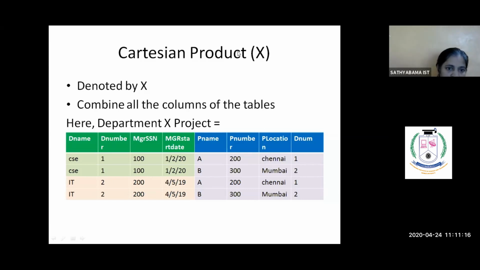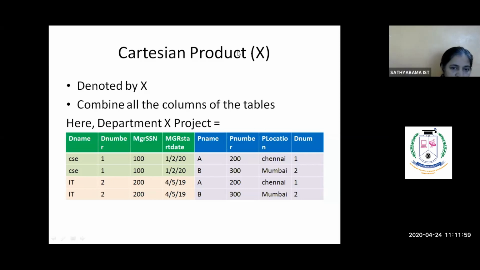One row will be selected. Say for example, CSE 100 start date. That will be selected, and all the combinations of project table will be repeated. So you have more duplications. Various duplications you will have. Same CSE 100, the same details have been combined with the other row. Say for example, we have 2 rows in department and 2 rows in project. See how many rows we have got now? 4 rows. Combinations, duplicates are generated. So this is the purpose of Cartesian product or cross product, where you will have all combinations.